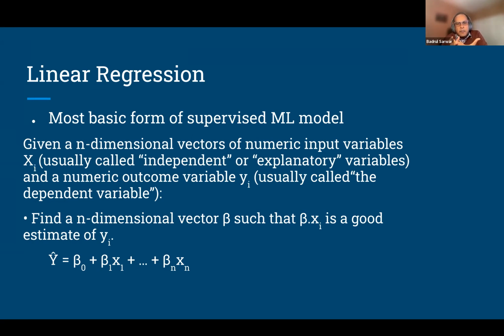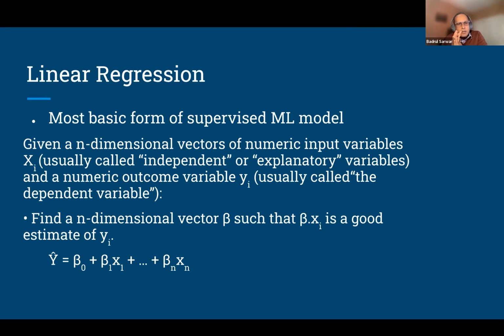So basically, there are some inputs given to you, some features of a housing, right? What is the location, zip code? What is the number of bedrooms, number of bathrooms, and so on, and some other factors about the school districts and others, and then a house price is given. So basically, given these numeric variables x, and the dependent variable y, which is the house price here, our goal in linear regression is to find a